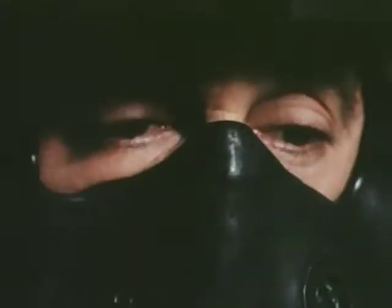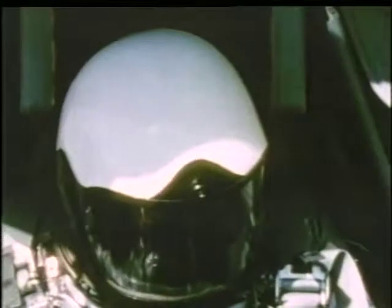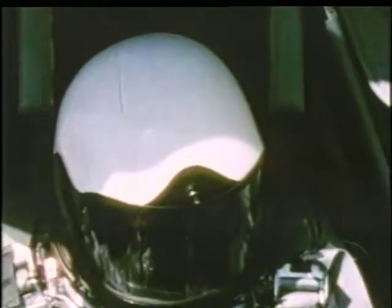Got it. Launch. Turning on the lights, starting launch. Tank pressure is going up to